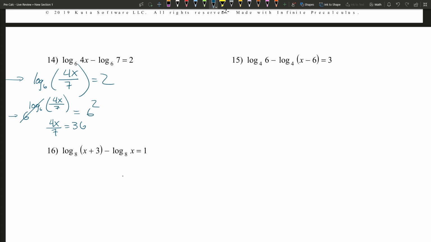I'll explain why here in a second. Let me solve this first. All right. So 4x will equal 252. So x will equal 252 divided by 4. All right. So the reason you can't just leave those there